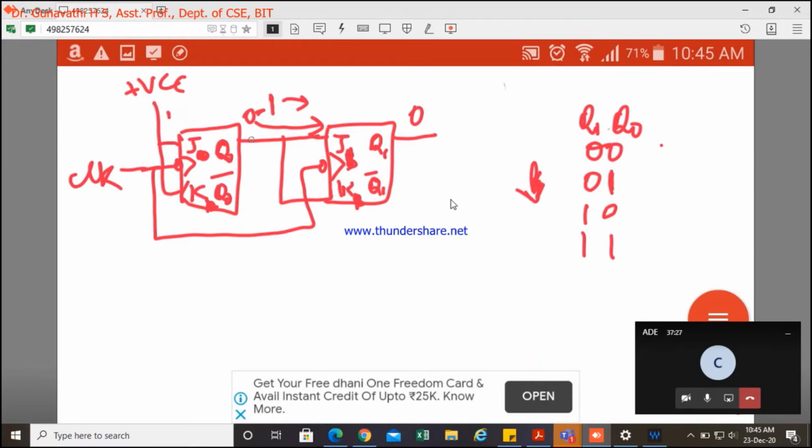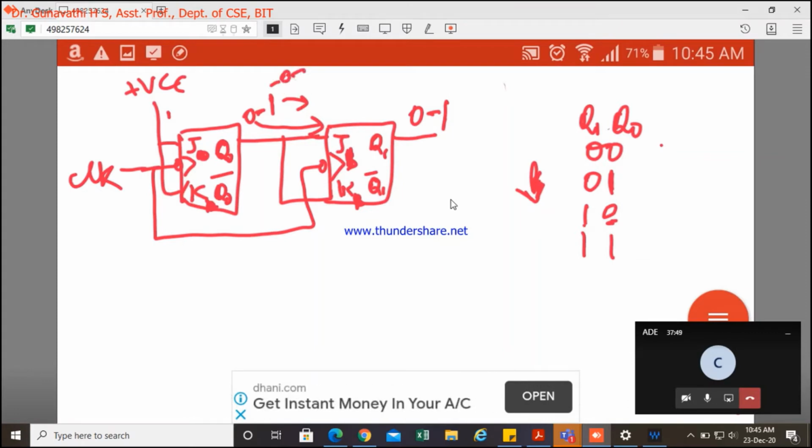So here 1 1, the output here is 0. So we get 0 there. Now the input here is 1 1, so with the clock I get toggle, it was 0, now it is 1. Next, with the next clock, again it toggles here, it was 0, now it has been toggled to 1.